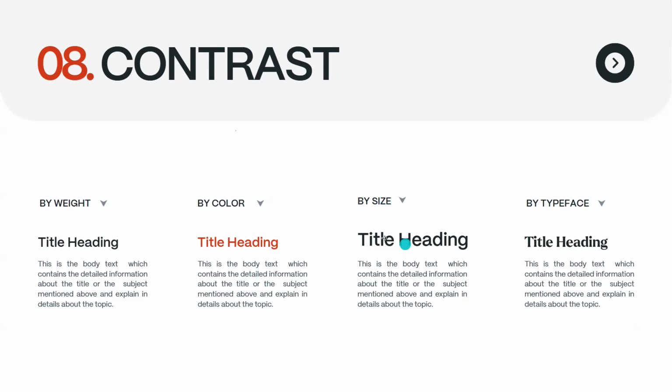By size means this is bigger as compared to this, and this is bigger as compared to this, so by increasing or decreasing the size, you can create contrast. And by typeface means you can literally change the typeface to create contrast.